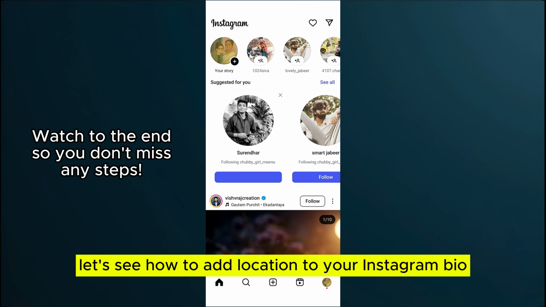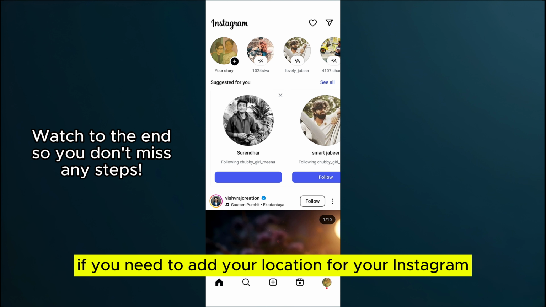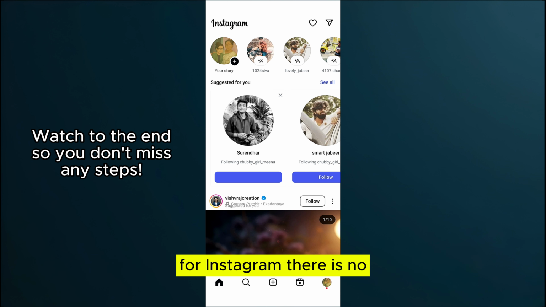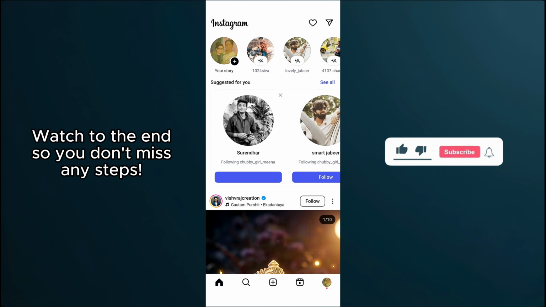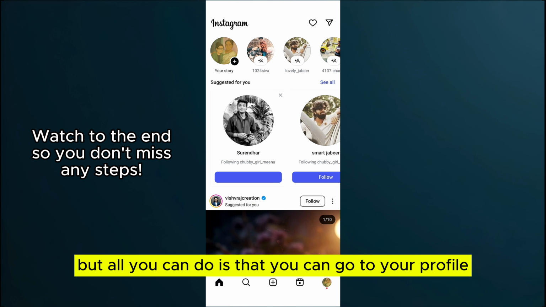Let's see how to add location to your Instagram bio. It means if you need to add your location for your Instagram and that needs to appear in your bio, for Instagram there is no automated way to make a location appear on your bio, but all you can do is that you can go to